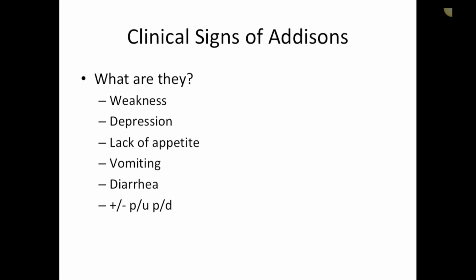And this is the hardest part because Addison's often affects female dogs. When we're talking about dogs, it often affects females that are young to middle aged. So, like 2 to 6 years old is the typical age for Addison's. Sometimes you see a bit older. I've seen 9 years old recently, but 2 to 6 years old is pretty common, female more often than not. And when the doctor sees it for the first time and they've never experienced an Addisonian crisis before, a lot of people are at a loss, because until they do that blood work, those clinical signs just look like anything else. They could look like any other symptom in the book for any other disease.